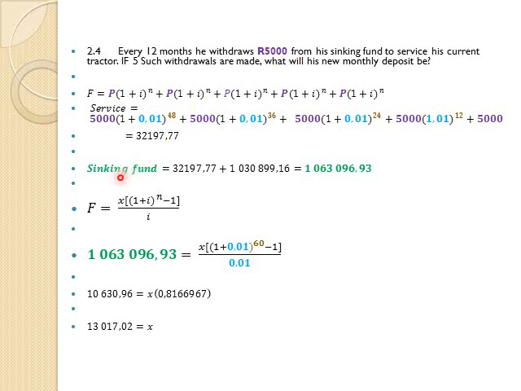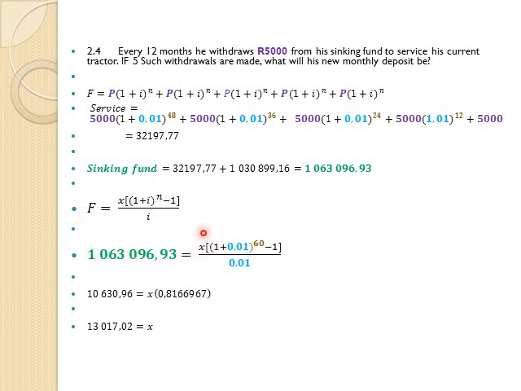So his sinking fund will now be that value plus the 1,030,899 rand 16 cents, which gives me 1,063,096.93. Right, so now calculating his new monthly payment, the F